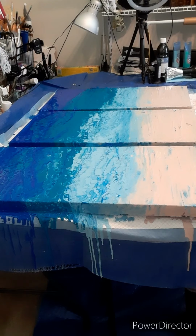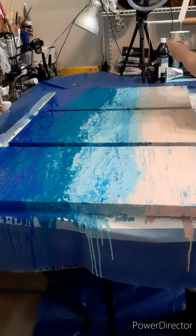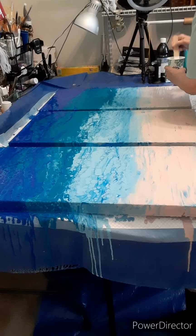You can basically do this with any colors, and it would work pretty much the same way. But this certainly looks like an ocean spray with these colors. So, and here goes your...